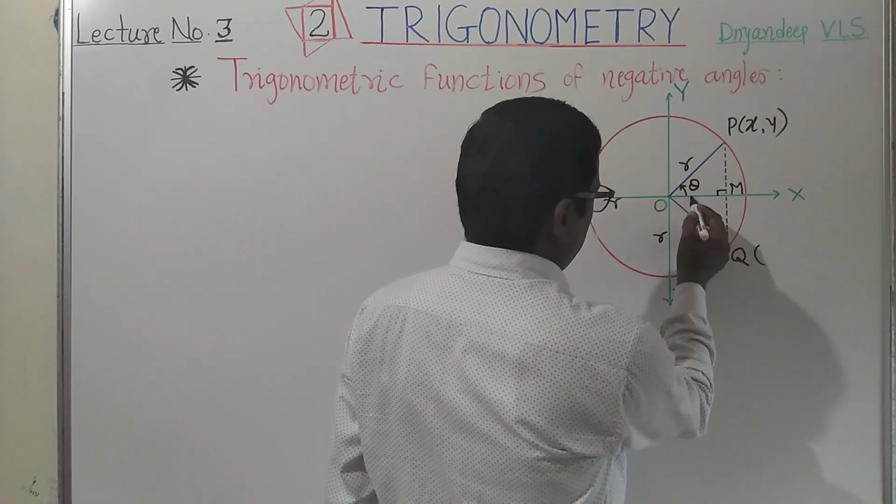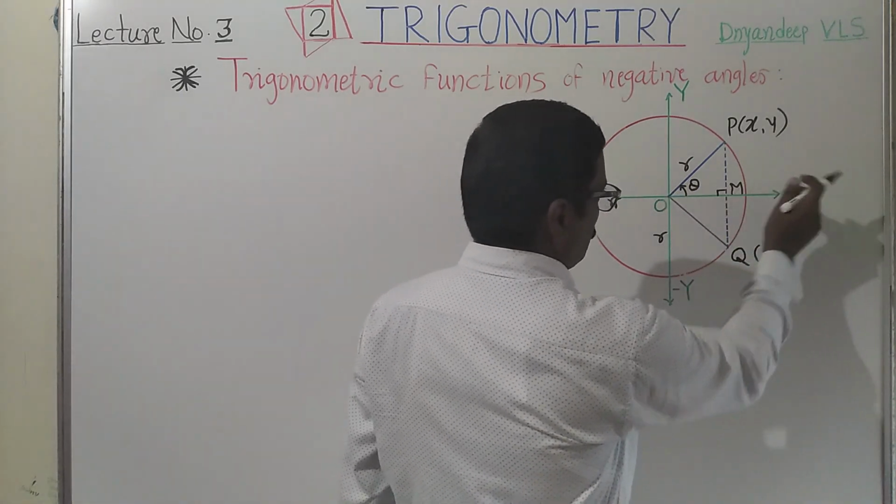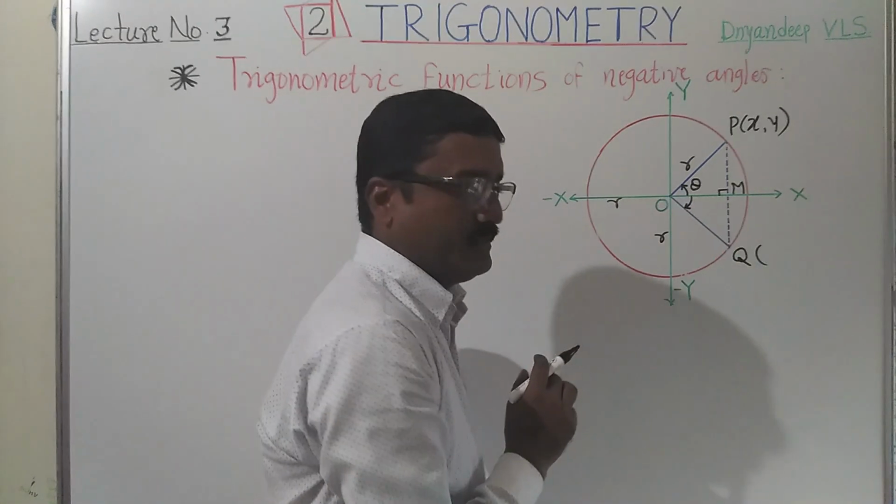Therefore, the angle XOQ, whose initial arm is OX, has a measure in the opposite direction,